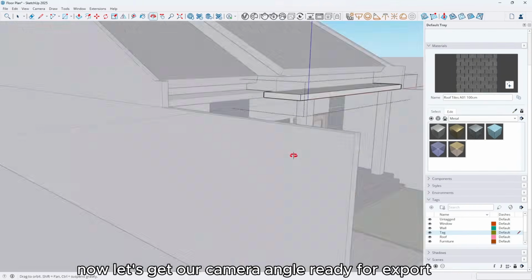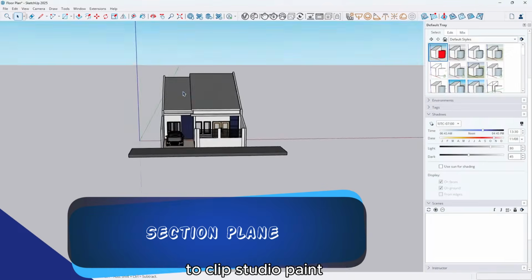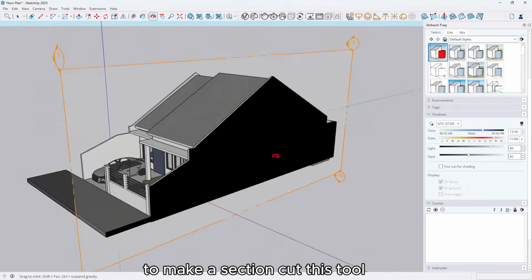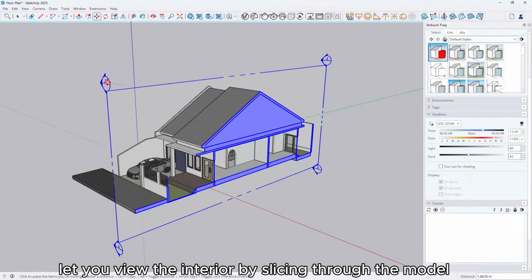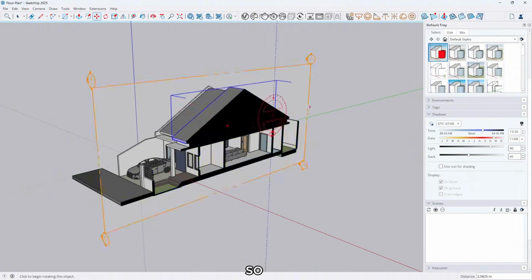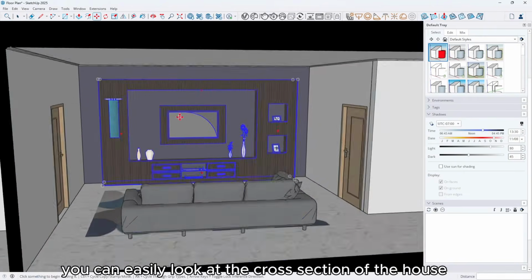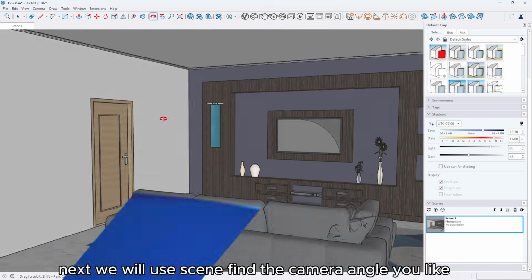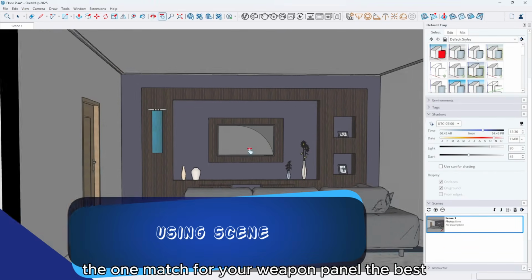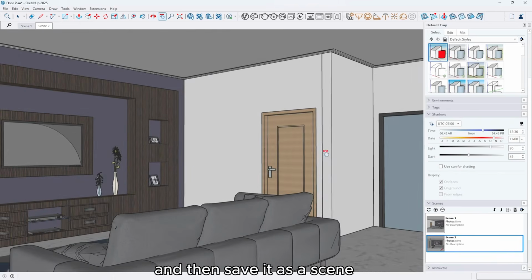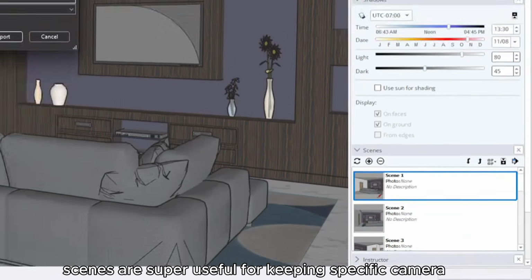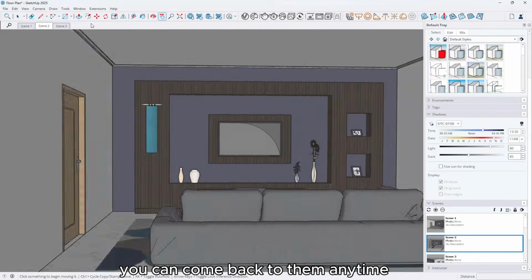Now, let's get our camera angle ready for export to Clip Studio Paint. First, we are gonna create a section plane to make a section cut. This tool lets you view the interior by slicing through the model, so you can easily look at the cross-section of the house by sliding through it. Next, we will use Scenes. Find the camera angle you like, the one that matches your webtoon panel the best, and then save it as a scene. Scenes are super useful for keeping specific camera views safe, so you can come back to them anytime